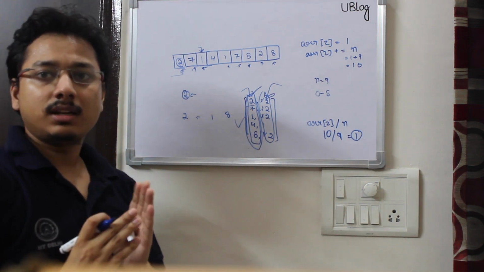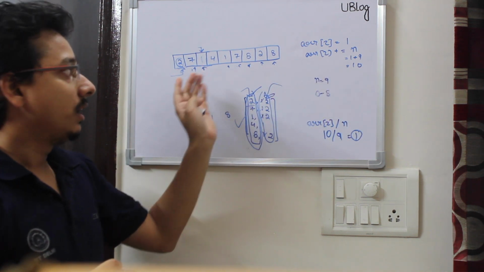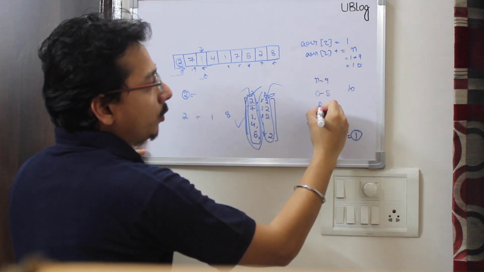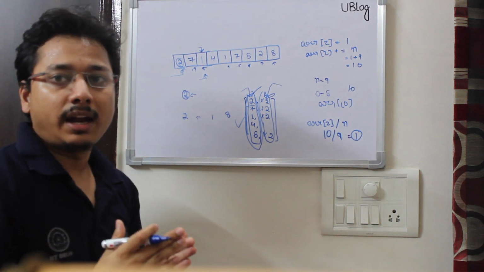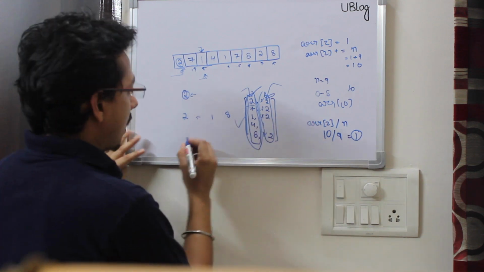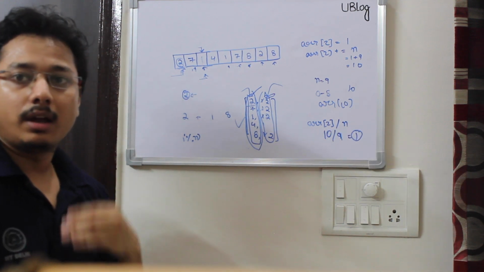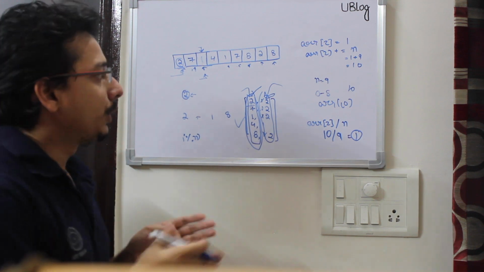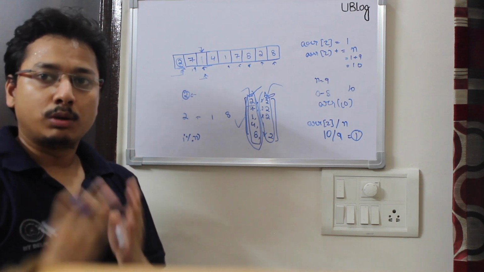There is a catch here. Since we are modifying the values present at the array indexes, when I come to this index and find the value 10, I would be doing array of 10, which is not present. So at every index, I don't directly go to array of I. I need to go to array of I modulo n, because I am adding the value of n to the index. That's how I can retrieve the original value, both in the end and during this calculation. I hope the solution is clear to you now.